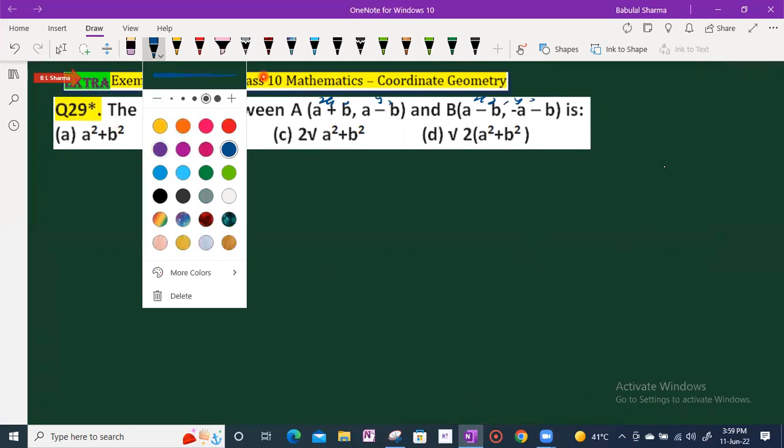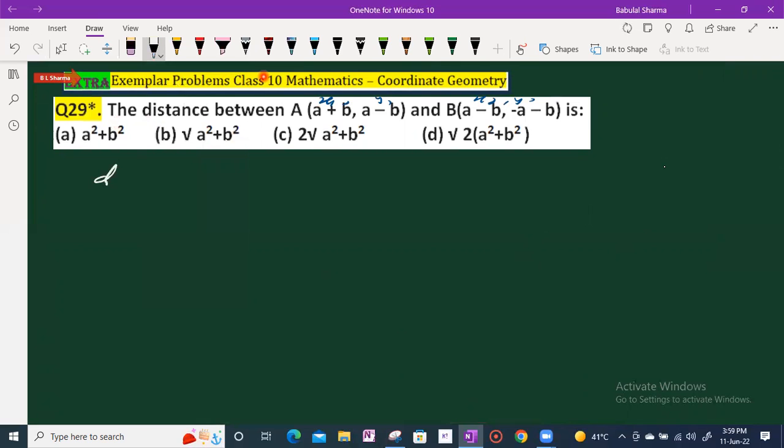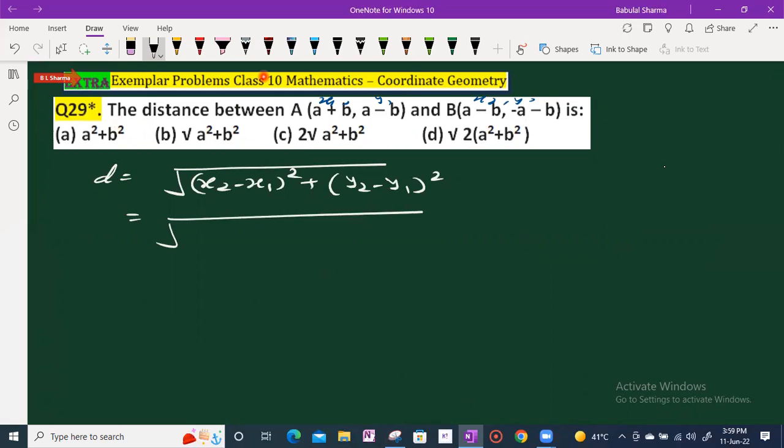So using the distance formula again, distance is given by square root of (x2 minus x1) whole square plus (y2 minus y1) whole square. x2 is given a minus b and x1 is given a plus b. इसको आप इस तरह से ब्रैकेट में लिखिए. जब पहले से ऑलरेडी ब्रैकेट में दो टर्म्स हों तो इनको बड़े ब्रैकेट में लिख लीजिएगा. And